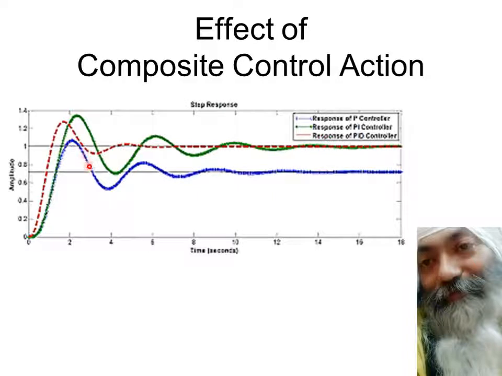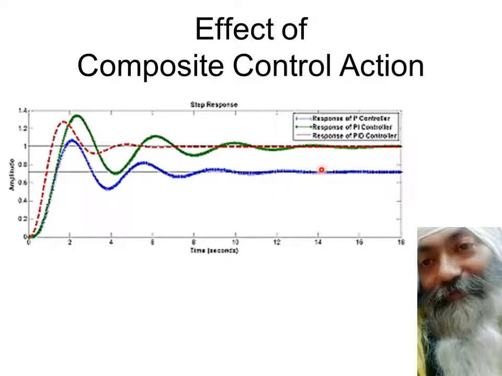Only proportional controller. The response of only P controller is that it will oscillate for some time and then it will settle at a new steady state, but this new steady state will not be equal to unity. So there is some offset which always remains. So this is the limitation of P controller, which I've been telling you a number of times, but this is now shown diagrammatically over here so that you can have a visual glance of what is the effect of P. This is the response of P only.